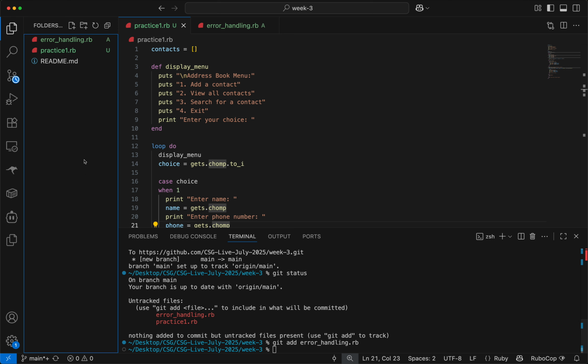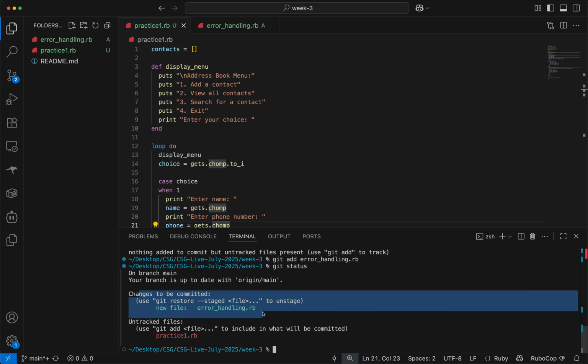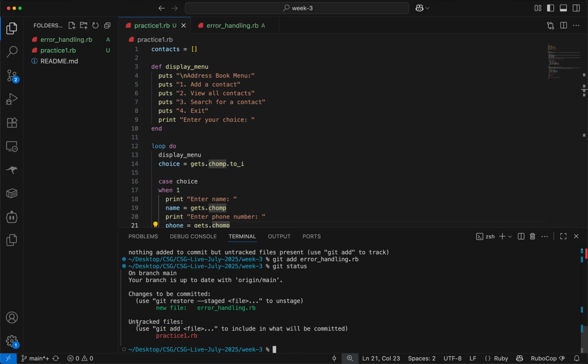And so now, actually, if I do a git status, we can see I have 1 file that is staged and ready to be committed and 1 file that's untracked. The one that's staged is the one that I added, where I did git add error handling. The one that isn't is the one that I didn't touch. And so you can basically add a specific file, or the other thing you can do is you can